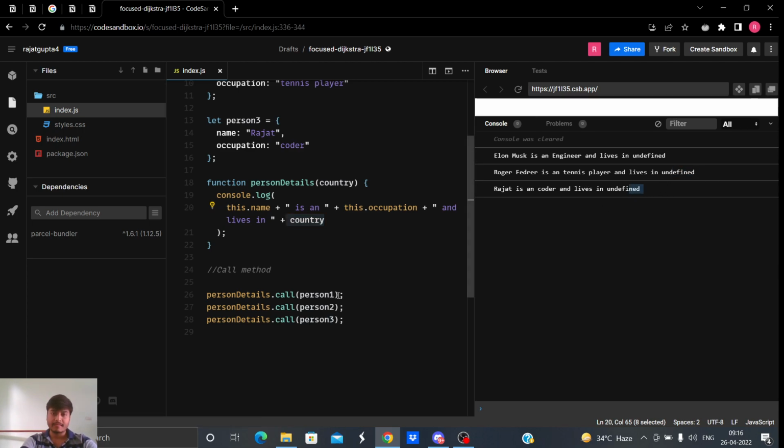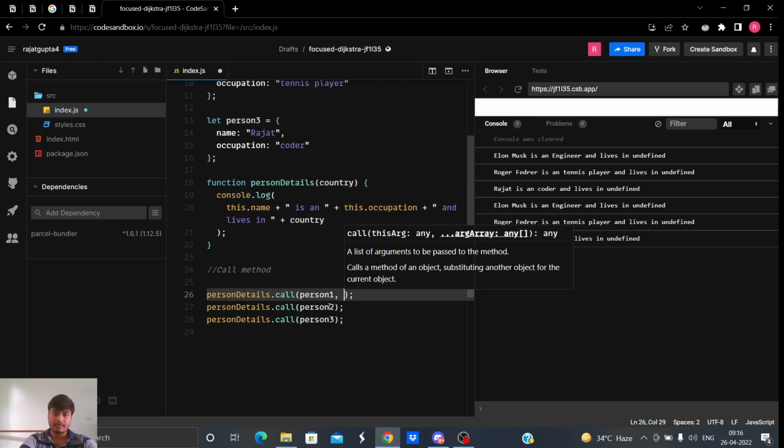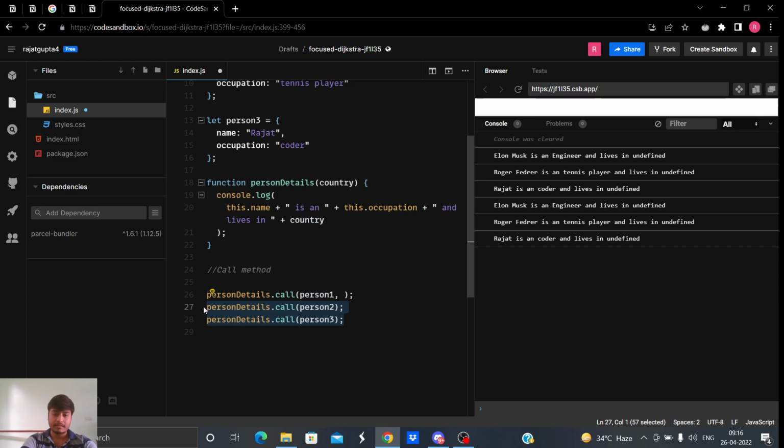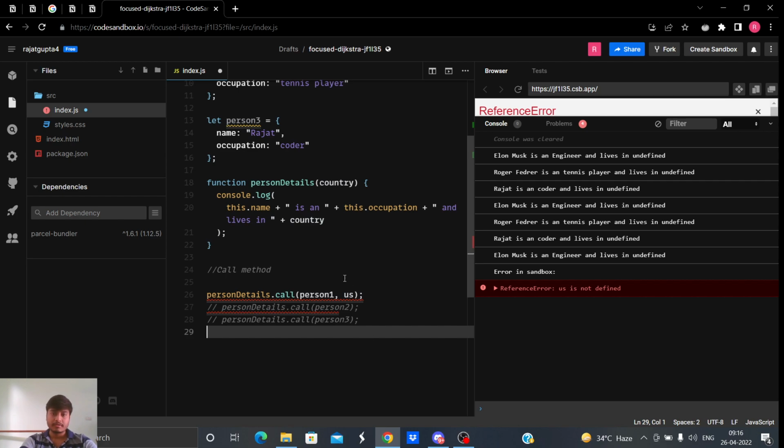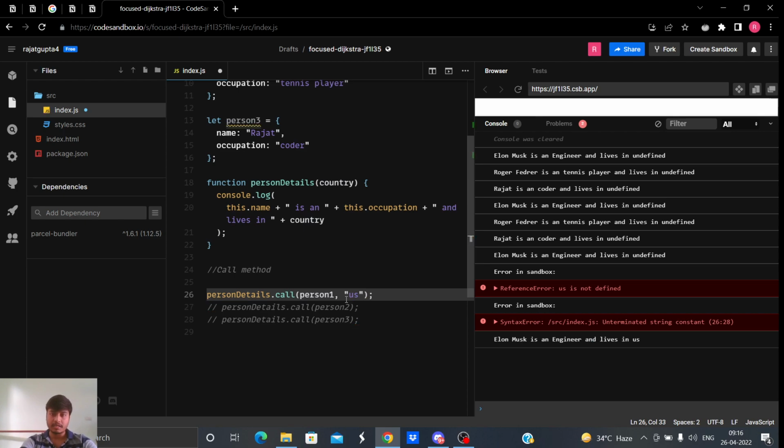Okay, so we'll provide the country here. Let me pass US, and it's a string. So yeah, see here, Elon Musk is an engineer and lives in US. We got this.